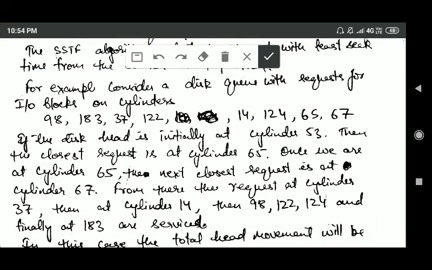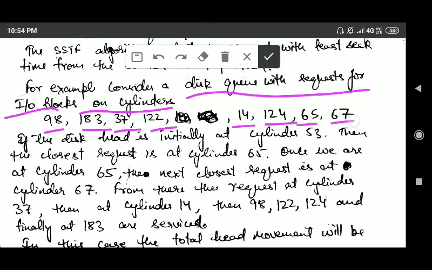For example, consider a disk queue with requests for input output blocks on cylinders 98, 183, 37, 122, 14, 124, 65 and 67. Now suppose initially the disk head is at cylinder 53.